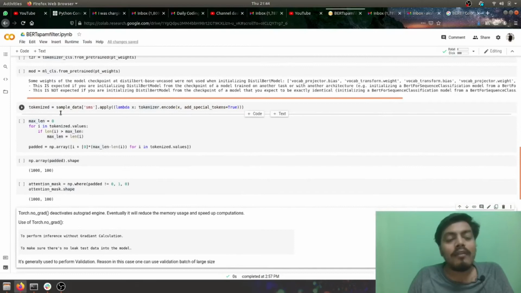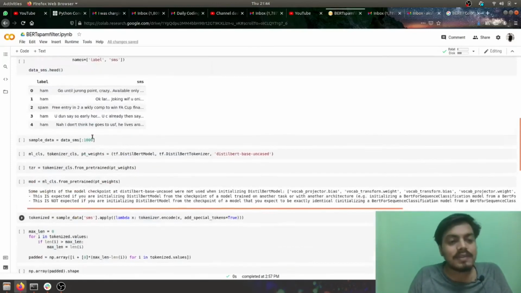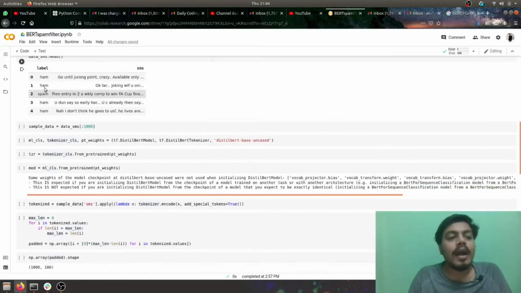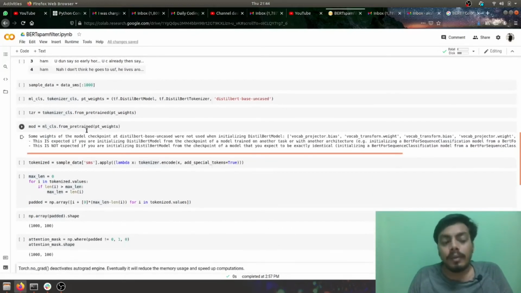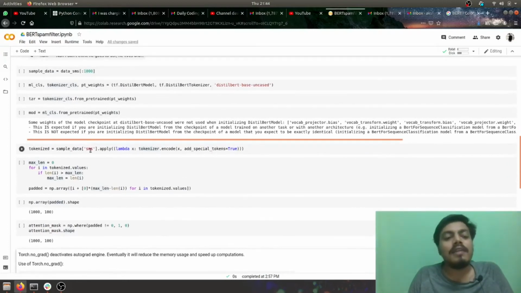Okay, after that, the first thing which we need to do is some amount of pre-processing. We know that the SMS in my data set is entirely text. We need to convert it into numeric, and we also need to convert our labels into numeric, for our machine to understand it. So the first thing I've done is apply the tokenizer on it and encode it.